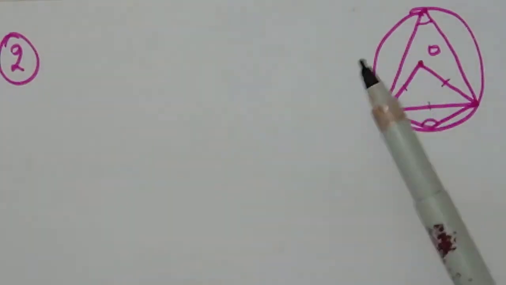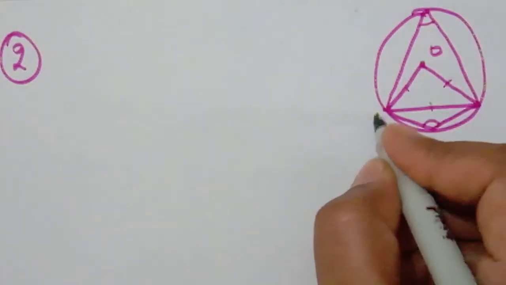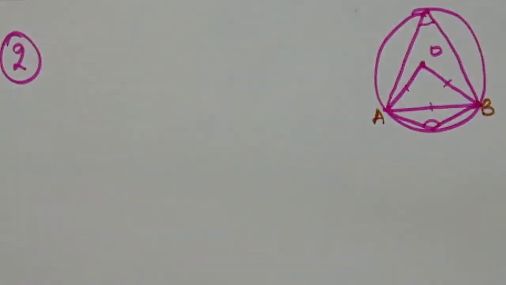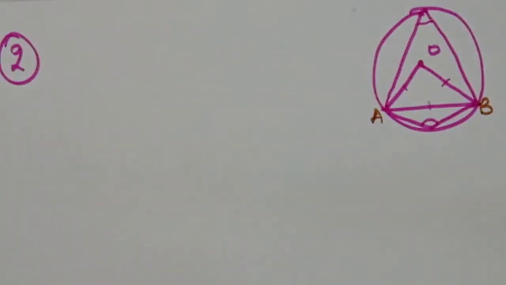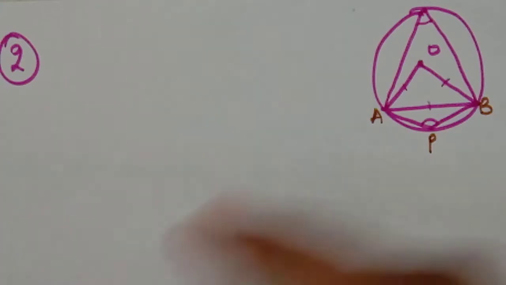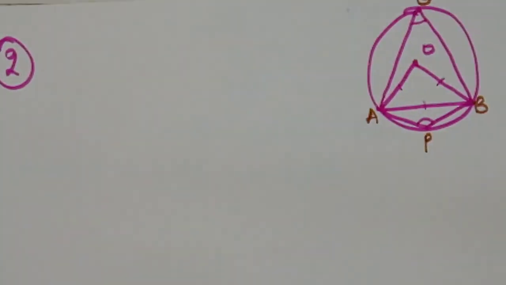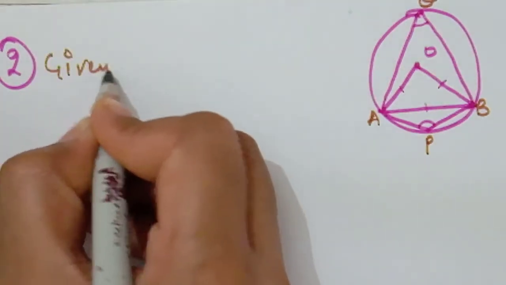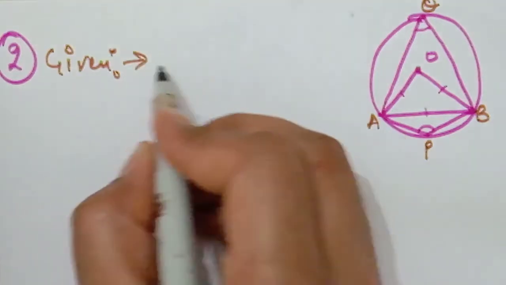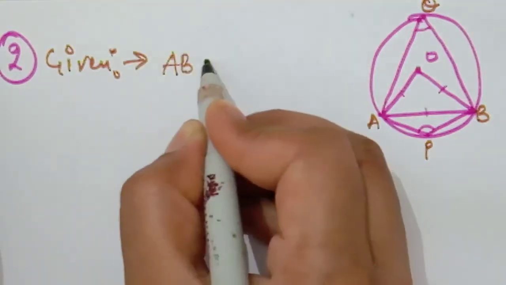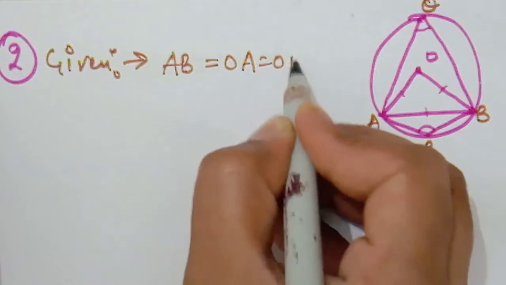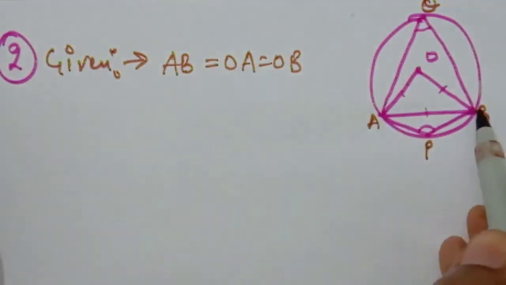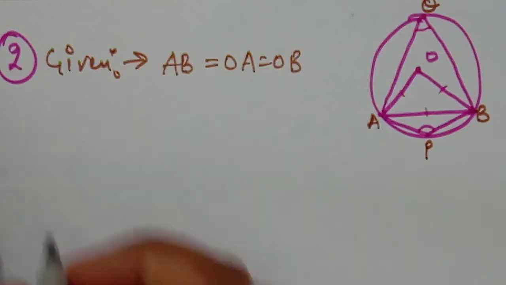The question was: a chord of a circle, which we will mark as AB, is equal to the radius of the circle. Find the angle subtended by the chord at the point on the minor arc as P and also on the major arc as Q. So we have to find these two angles. So students, what is given? First of all, we have chord AB equal to the radius. It means AOB is an equilateral triangle.